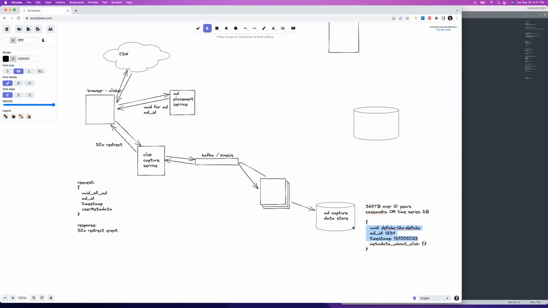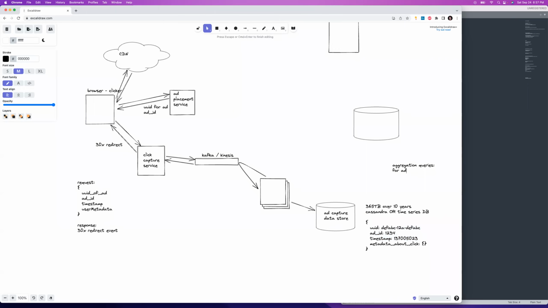You want data locality when you're doing the aggregations, so that it helps avoid a scatter gather thing. So it helps to think about how we're going to be querying this data, so for the aggregation queries